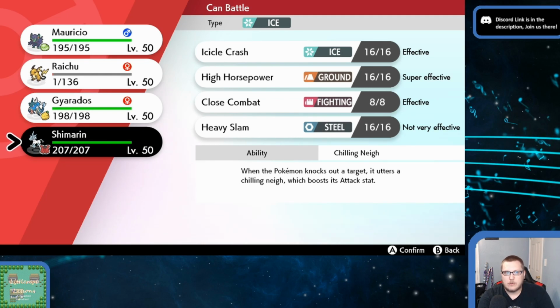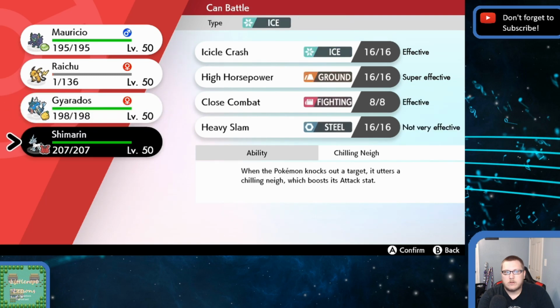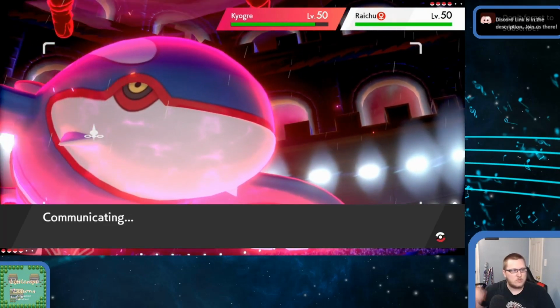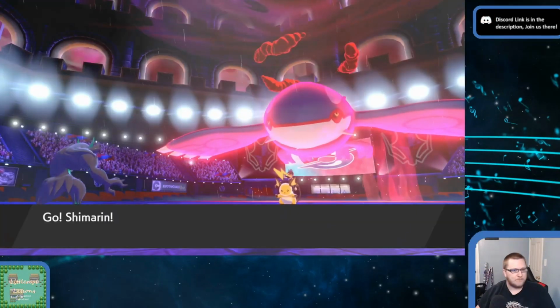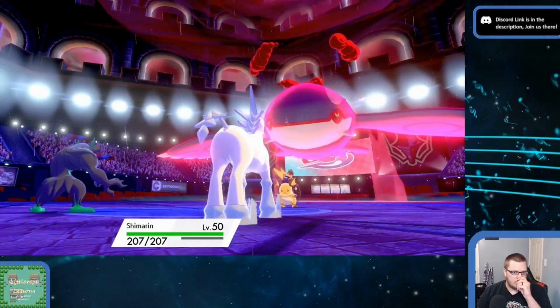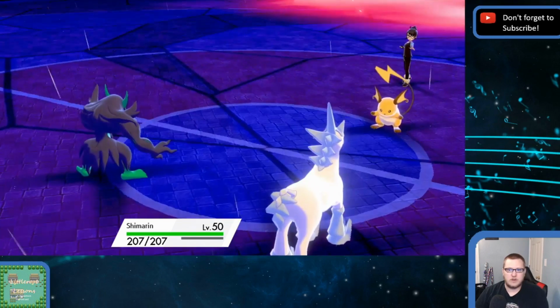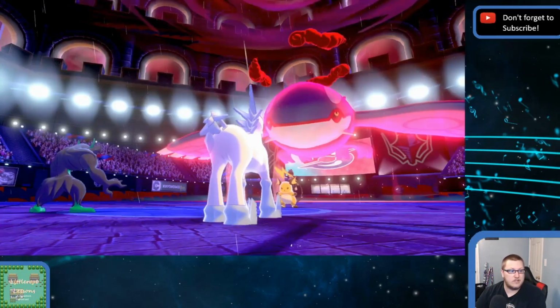He's just going to Fake Out the Raichu anyway. He's going to Fake Out the Raichu and attack the Grimmsnarl slot. Yeah, that's exactly what he's going to do. He's going to Fake Out the Raichu and attack the Grimmsnarl slot with the Max Geyser. So we'll swap Raichu out here. Bring out Glastrier. Raichu's just going to protect. Okay, so they were just going to...